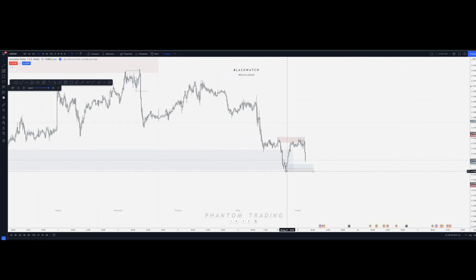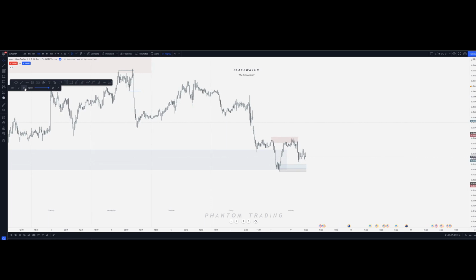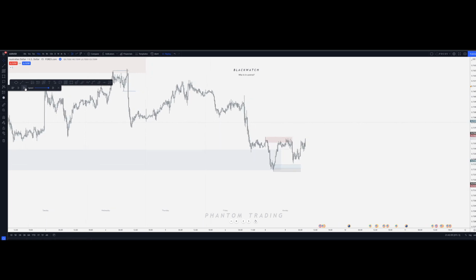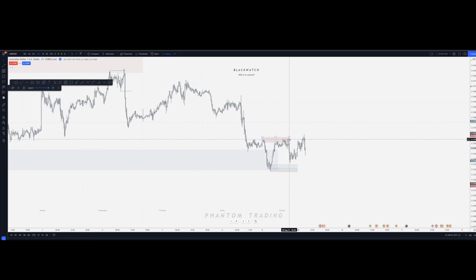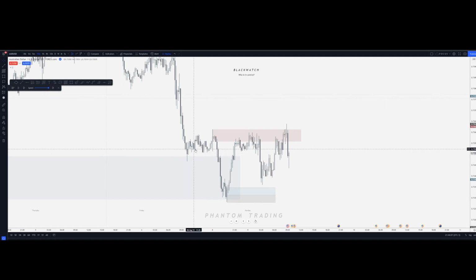This didn't go very far below. I wouldn't mind seeing price trade a little bit lower, but let's just say we take it. Okay, that's fine. All right. So now the question is, what do we do? Now, if demand is in control, technically that means that this reaction to supply should be liquidity, which means that this would be a sweep of liquidity, which potentially means that this is our entry.